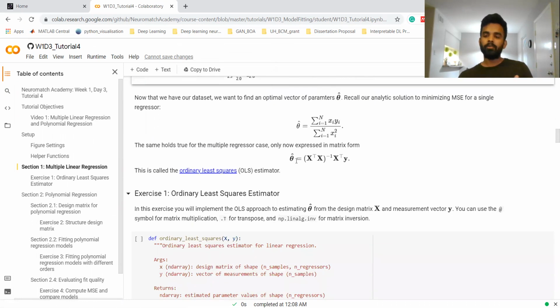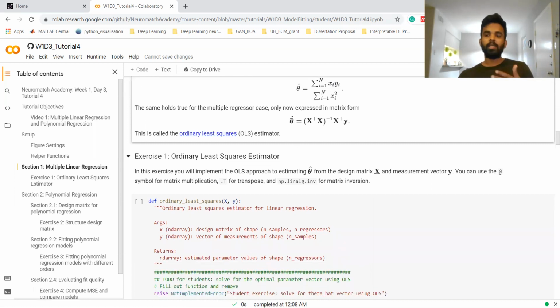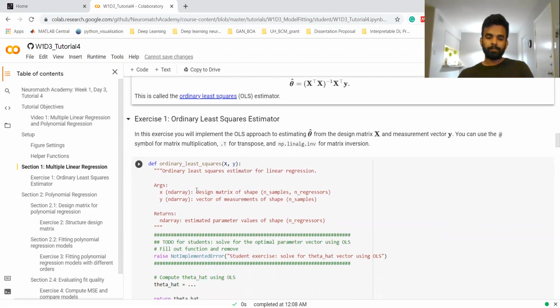We already learned how to derive the multiple linear regression before. This is the matrix representation. We estimate the mean square error, which is the mean square difference between your predicted and the actual value, and you compute the derivative of that with respect to each of the parameters that you want to estimate. When you do that in matrix form, you get an expression like this. This is what you are trying to implement first, using the ordinary least square estimate, right?